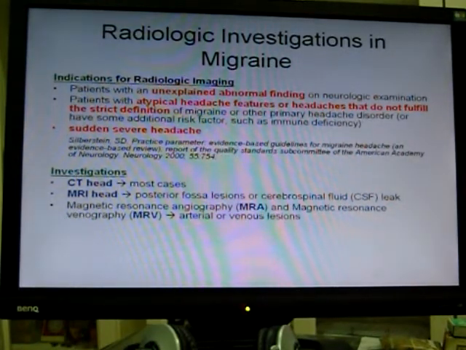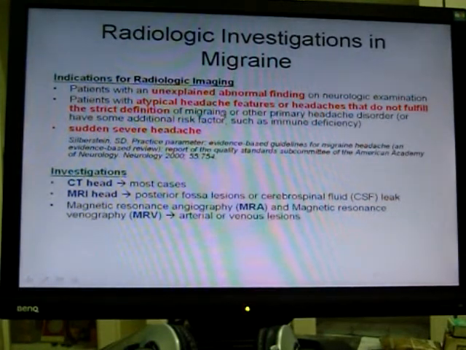You must confirm. It could be a TIA for all you know, it could be a stroke, because stroke can frequently occur with migraine. Migraine can cause stroke. Headache can be coincidental with stroke, and many other relations exist. So we need to confirm. Patients with atypical headache features or headaches that do not fulfill the strict definition of migraine should be imaged